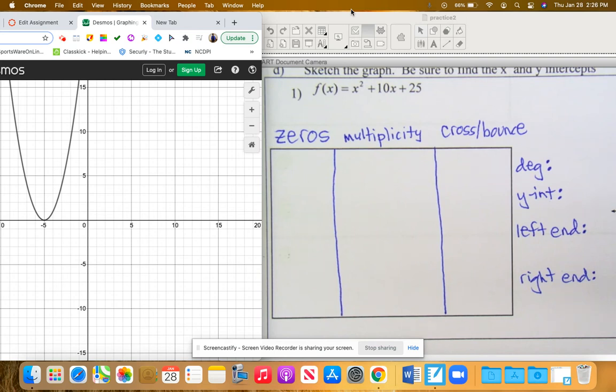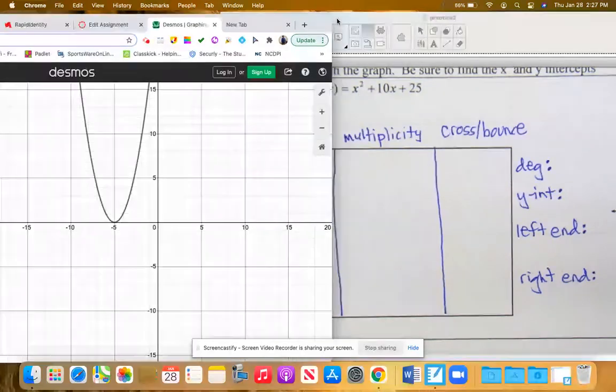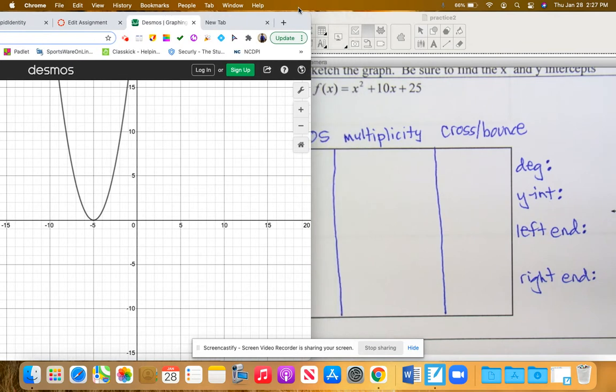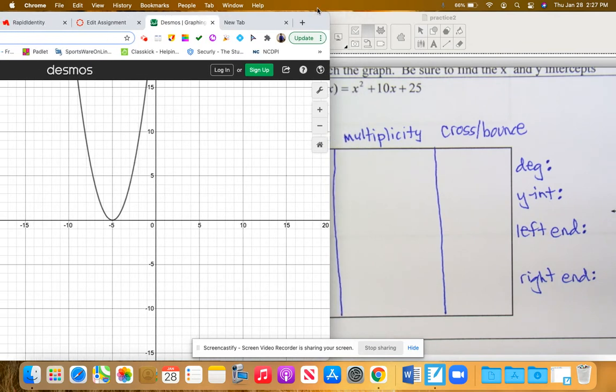All right, so in this video, we're going to go through some examples and discover more about multiplicity. So this is number 1, and I've already graphed f of x equals x squared plus 10x plus 25 over here in Desmos. I just slid it over so that we can see both things at the same time. So this is the function x squared plus 10x plus 25, and I'm going to highlight where it crosses the